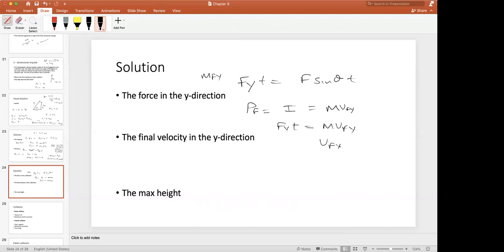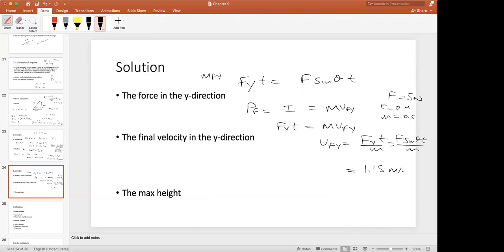So to find v final of y, I would need to take Fy times t and divide by m, which is F sine theta times t over m. t, remember, is 0.4, m is 0.5, F is 5 newtons, and theta is 60. So let's do that real fast. 5 sine of 60 times 0.4 is 1.7, divided by 0.5 is 3.46,